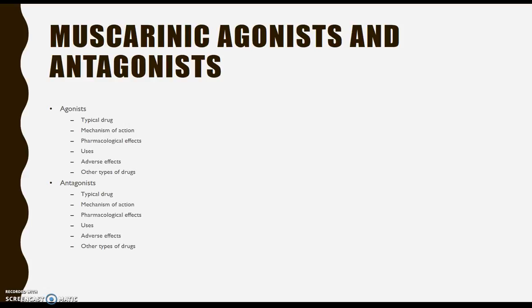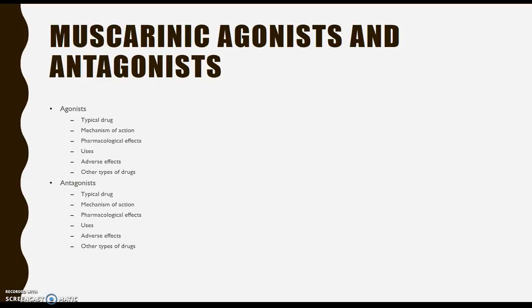You start looking at the health history and you go, oh, I see you have a history of asthma. They may not have had an asthma attack in the last 4 years, but they have a history of it. You might think about not putting them on this medication. Okay. Some of the other drugs that are agonists are